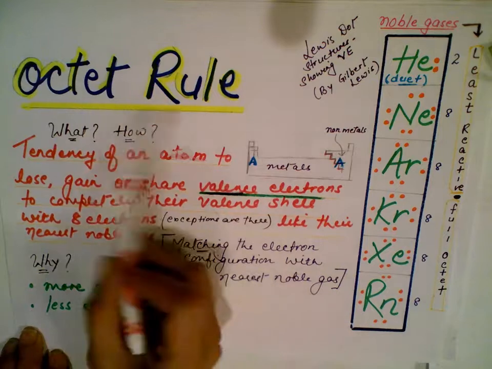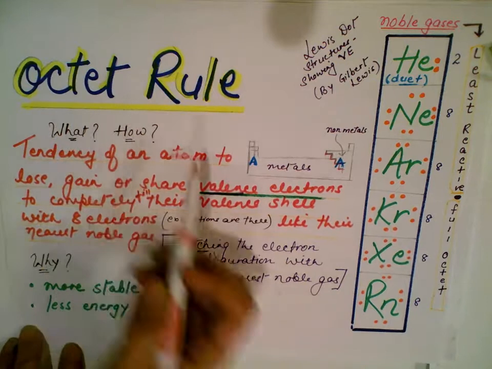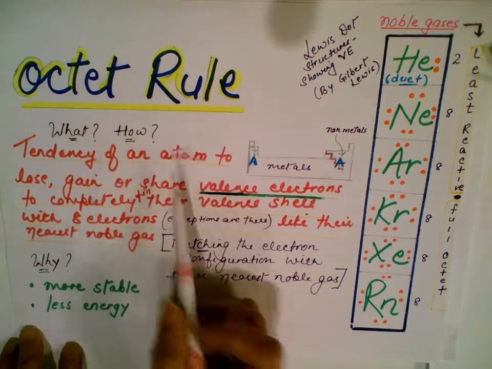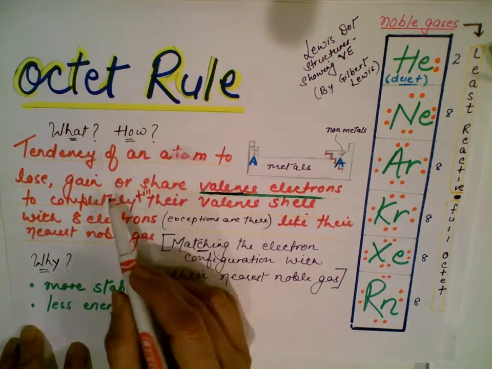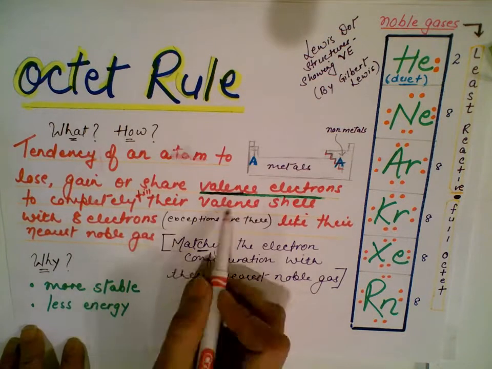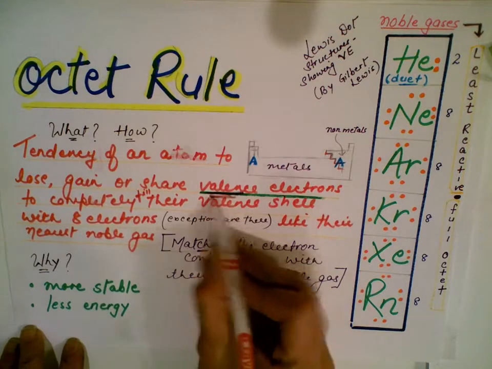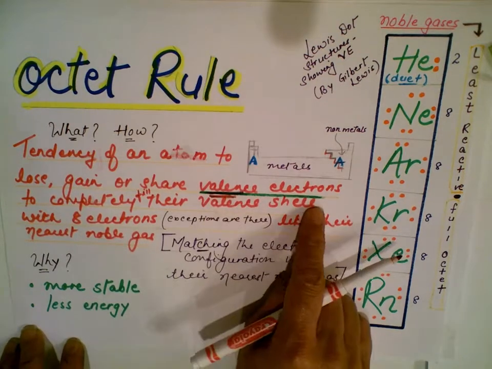Quick review of the octet rule. Just remember octet with octopus: number 8. So what is the octet rule? It's a tendency of an atom to lose, gain, or share valence electrons to completely fill its valence shell with 8 electrons. Valence is a key word here, and valence electrons are very important when we talk about